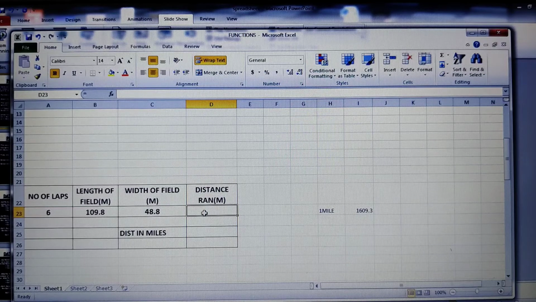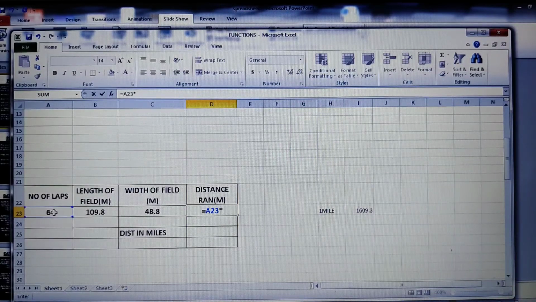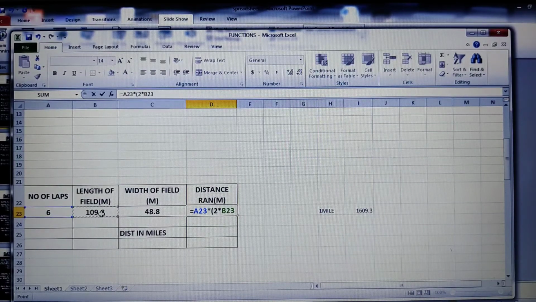place a cursor over here, equals to. Where is your number of laps, children, which cell? That is A23. So A23, the number of laps, into the perimeter I said. So A23 into, okay, and then we have a complex formula, so I'll be using the bracket, that is 2 into the length of the field here, children, am I right?